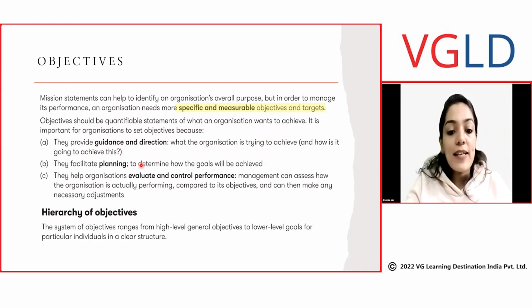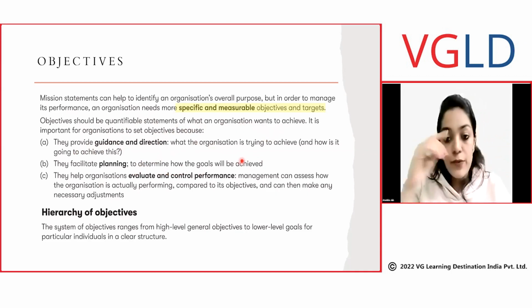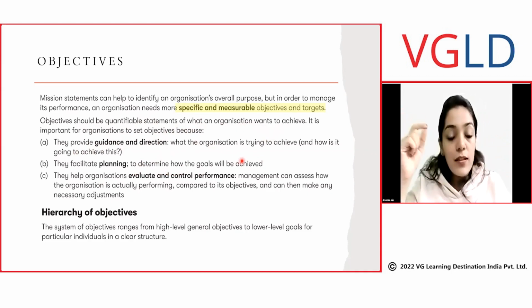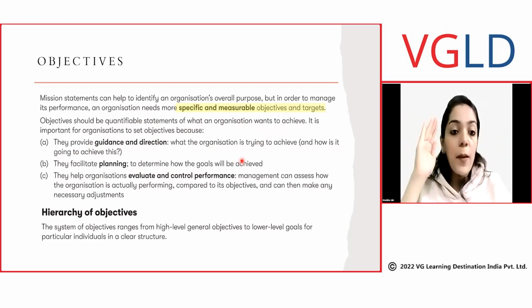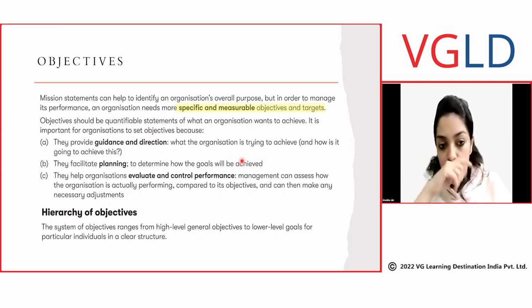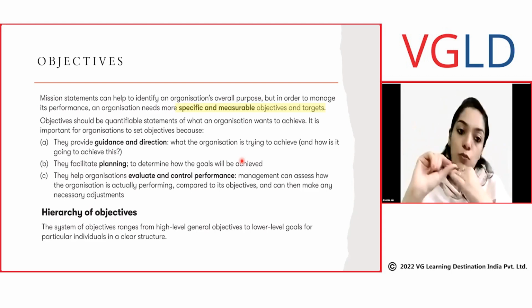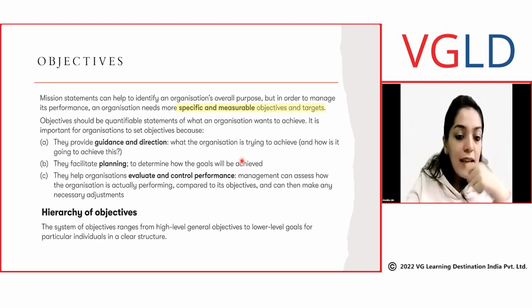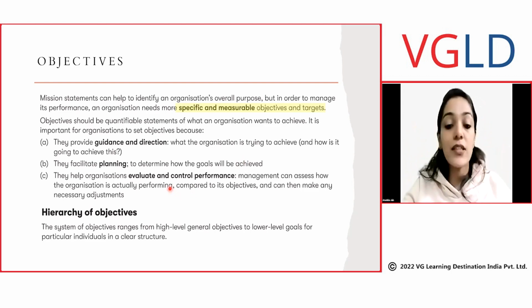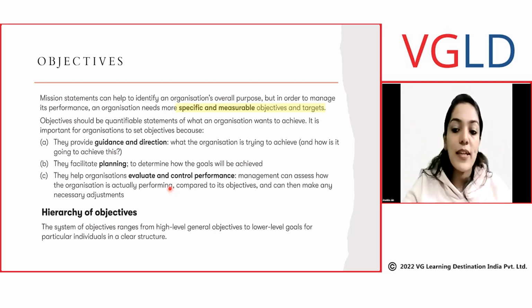Second, they facilitate planning to determine how the goals will be achieved. So first one is what is going to be achieved, in a measurable way. Please understand, mission statements are general, whereas objectives are measurable and specific targets. So they provide guidance on what is to be achieved and how it is to be achieved, okay? And they help organizations evaluate and control performance. Management can assess how an organization is actually performing compared to its objectives